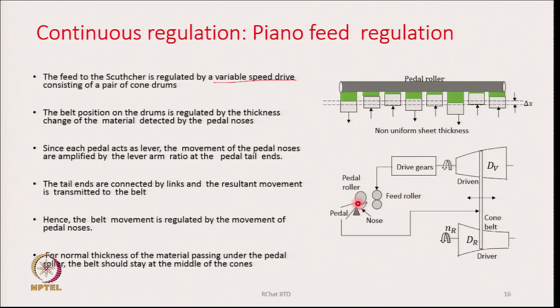So, the part which is sensed, by the time we take action on it, the material has already moved forward by a few inches, and therefore, feed rollers are placed a little ahead of the pedal rollers, and we take corrective actions on the feed roller, hoping that the material will reach the feed roller nip and we change the speed of the feed roller. So, we sense at the pedal roller, but actually change the speed of the feed roller.